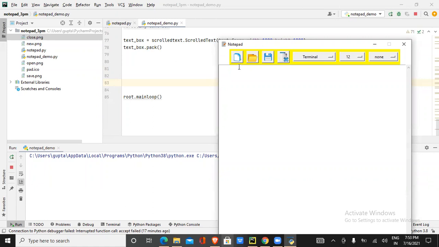And tomorrow we'll schedule a recording for the second part, where I'll show you how you can add functions to these buttons and make these buttons work in real time. By this we will be done with the Notepad concept. In some time I'll be sharing the project as well as the recording of today's class. You can practice it, and for doubts you can clarify in the group.